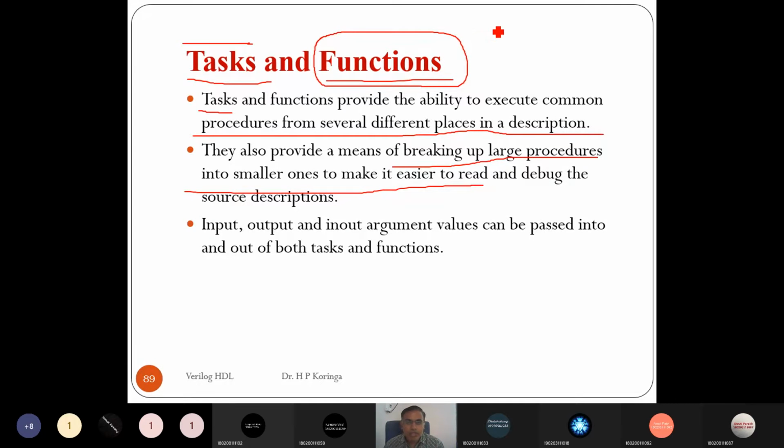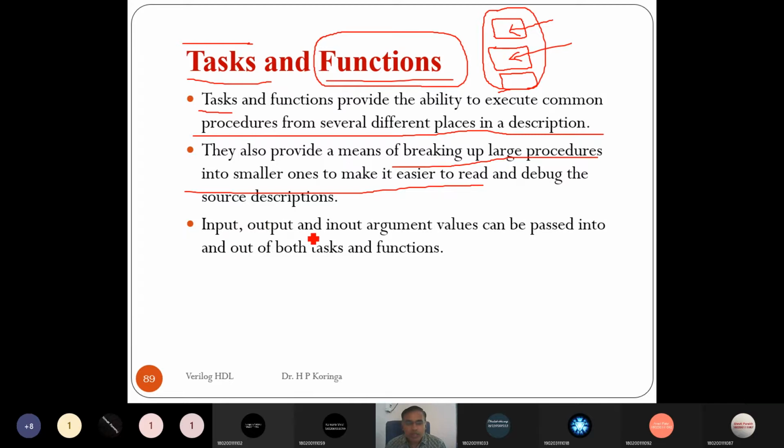If we have a complex program, we can divide it into small parts that are easy to understand and read, and if we define each part as one task or function, that is where task and function are useful.